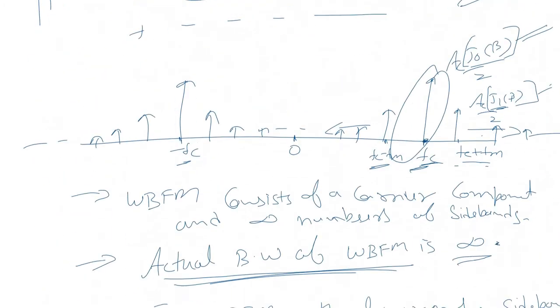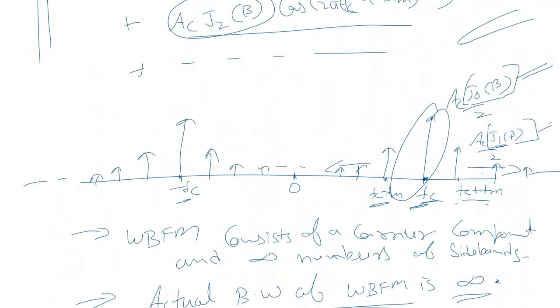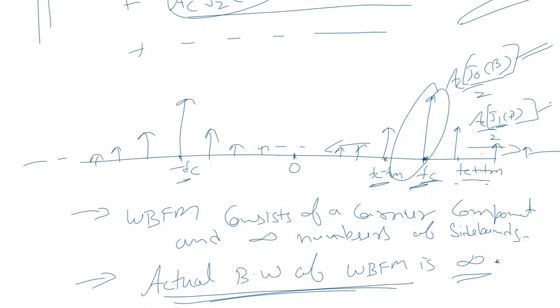So for the lower order of the sidebands, for the FC component, the value of n is 0. For this component, the value of n is 1. For this component, the value of n is 2. So obviously, the strength of these components will keep on decreasing as you move away. So these are the lower order sidebands, these are significant, and the higher order are insignificant. That is what we can derive from here.